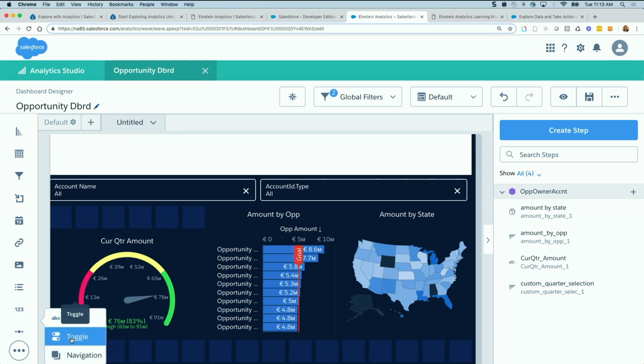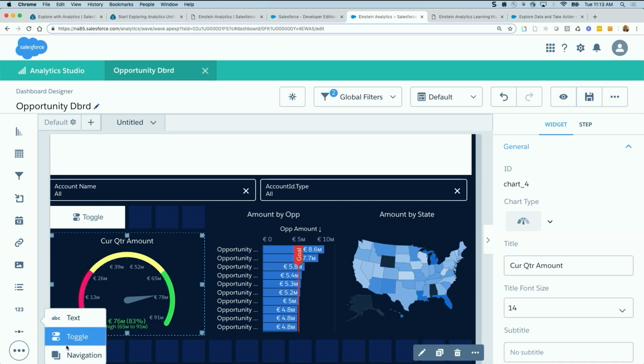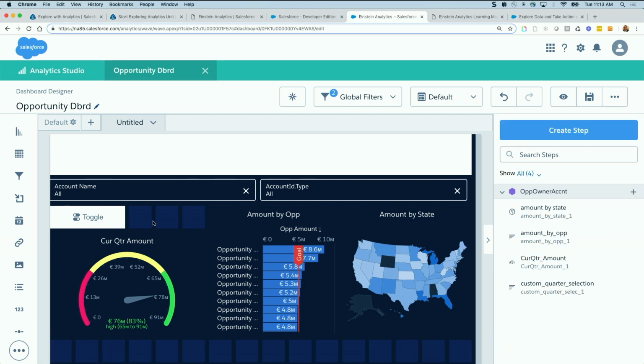And I will use a toggle. So drag a toggle, click on the canvas, drag custom quarter selection into the toggle, and that's how I get the current quarter, last year, same quarter. Now I am going to repeat this step. Or alternatively, as you start using the product, you will find these shortcuts, if you might say. I will clone this,